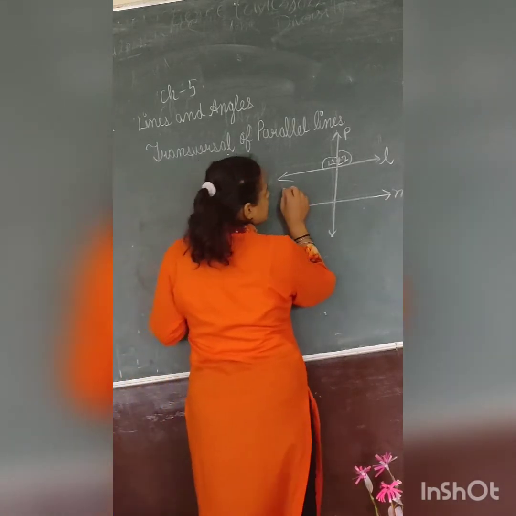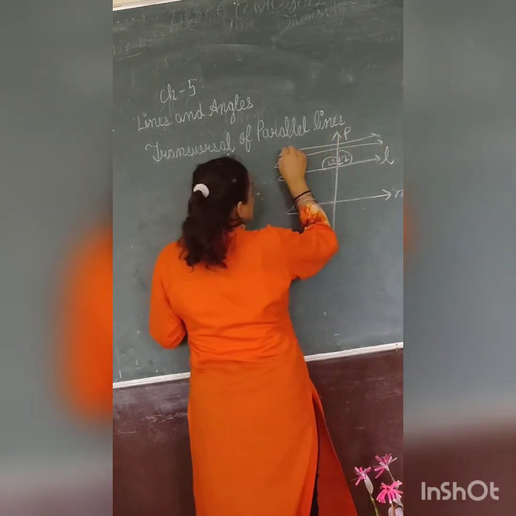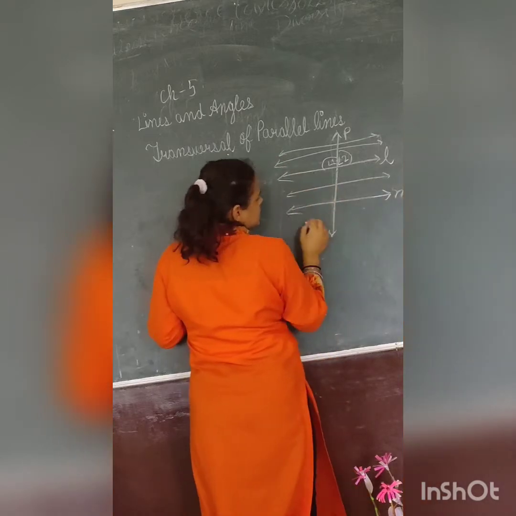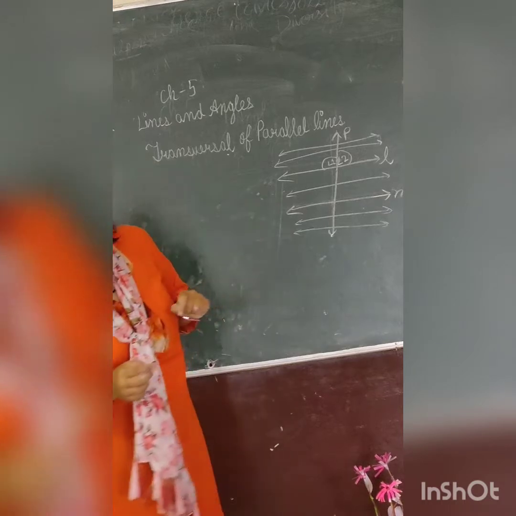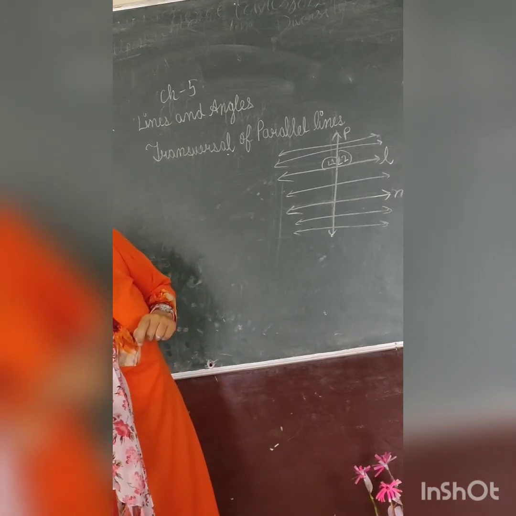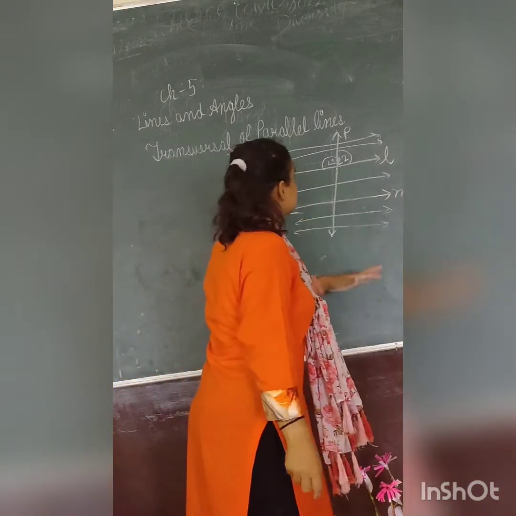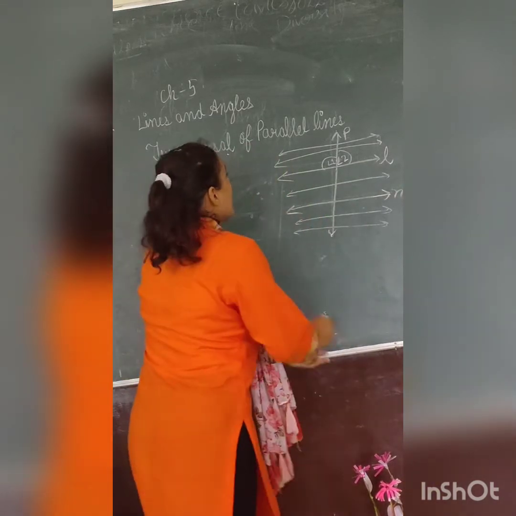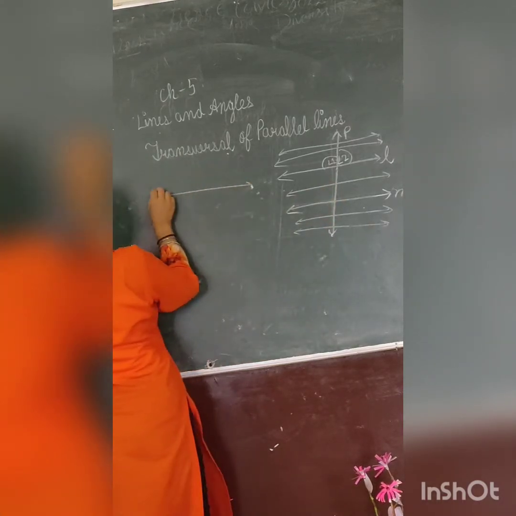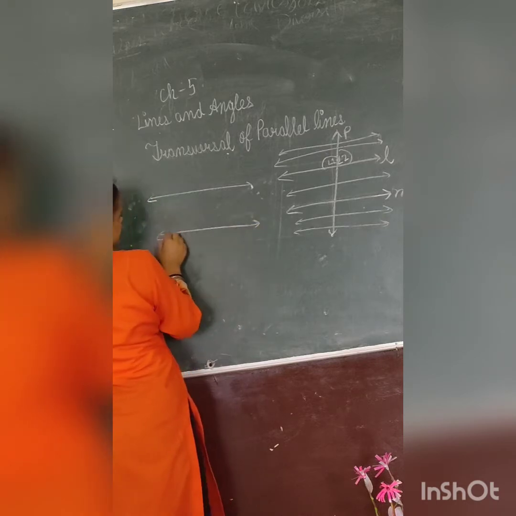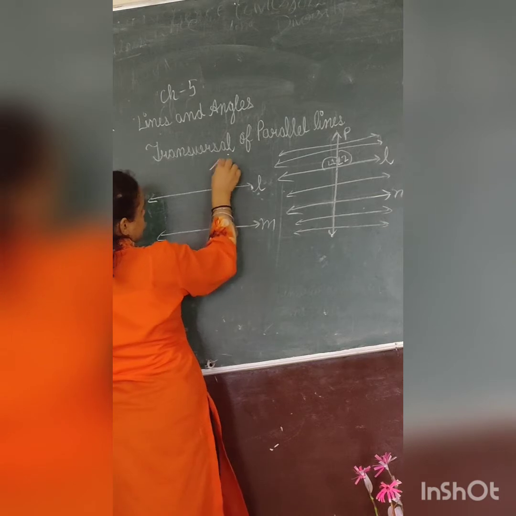You have to slide the paper, then you will see there are many lines. Okay, when you slide the tracing paper, you will find that angle and this is M. You will find that this is